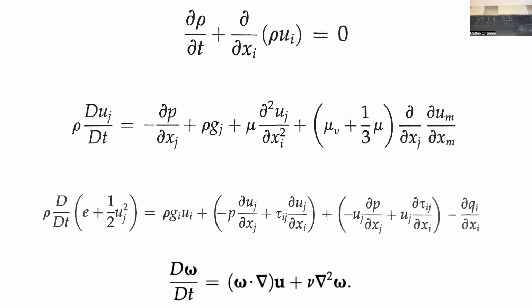Is that it? Energy, what kind of energy? Thermal energy. Thermal energy, so that's inside of my T.